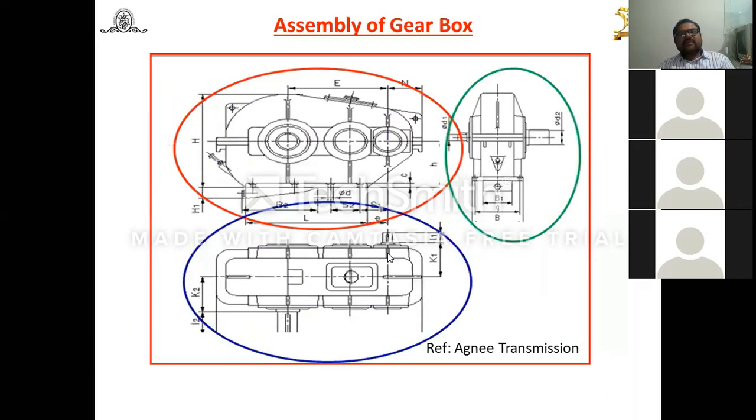You can use them. Now, once you have decided all the things, what do you have to do? In the assembly drawing, you have to show the front view, the top view and the side view also. Now in the front view, the casings are provided and closed. But when constructing the assembly drawing using drafting software, you have to cut this section. Suppose you can cut at the middle part and open it, because when you show the top view as well as the front view, there should be visibility of the gears.